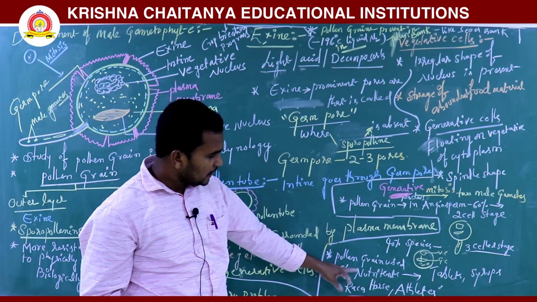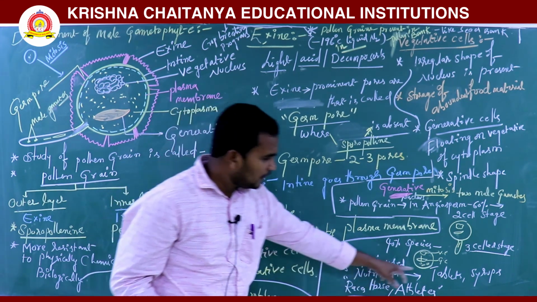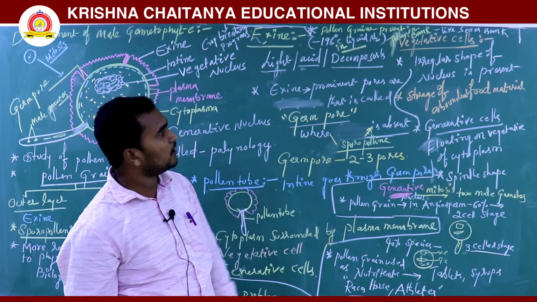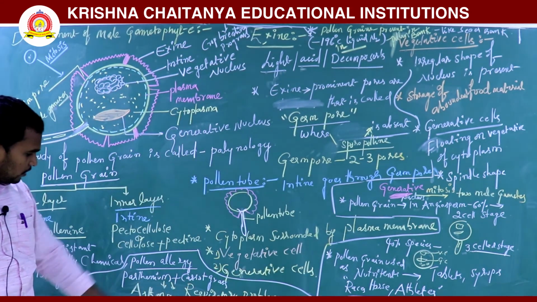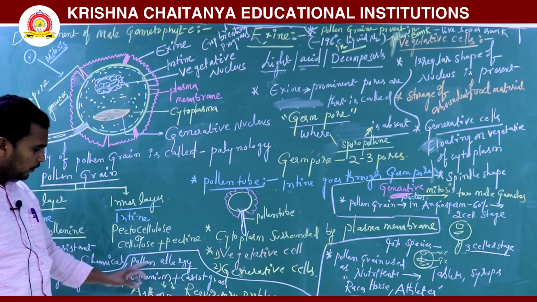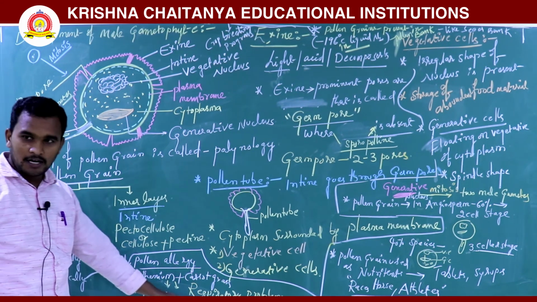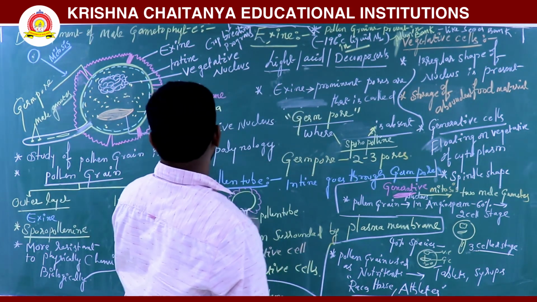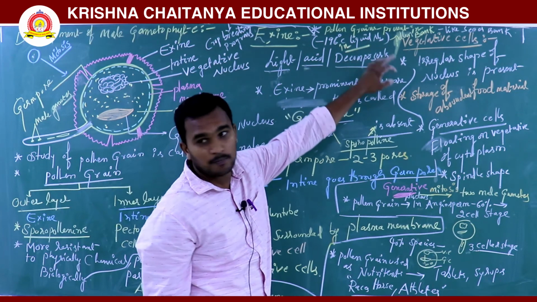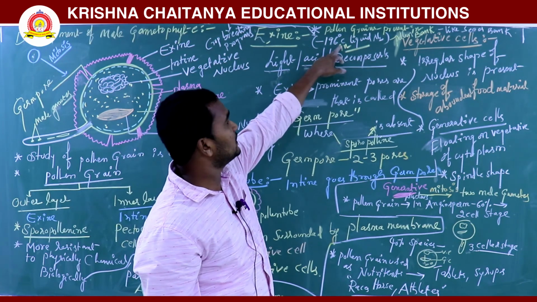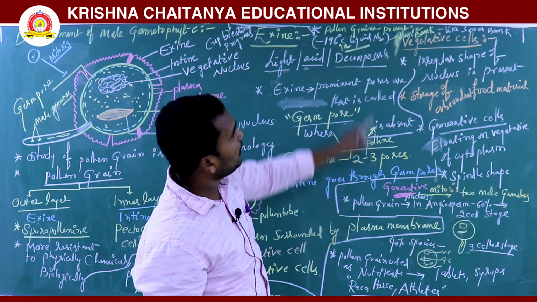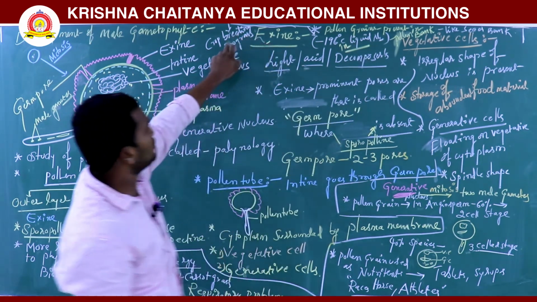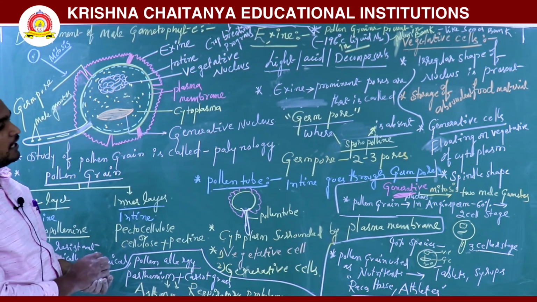Pollen is used as a nutrient, mainly in tablet and syrup form, and race horses and athletes use it. Next, pollen causes allergy. Pollen allergy causes parthenium-related and respiratory problems. Next, pollen grains are preserved in liquid nitrogen at minus 196 degrees. This is called a pollen bank, like seed banks. It is also used in crop breeding programs.